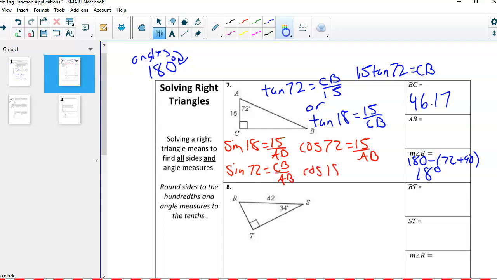Some are more difficult than others. Where did you get the 18 from? It's the degree. 180 minus. I will say this, if you're using the more complicated ones, the ones where we found that measure of BC, and I keep writing CD, but that's okay, you need to use all of those decimals, not just the ones we rounded, because it's going to change the answer completely. So we will